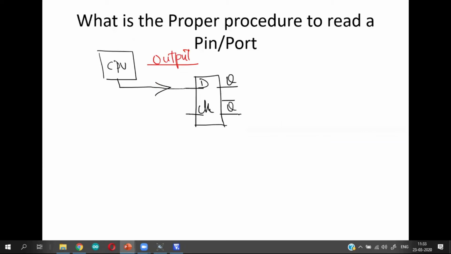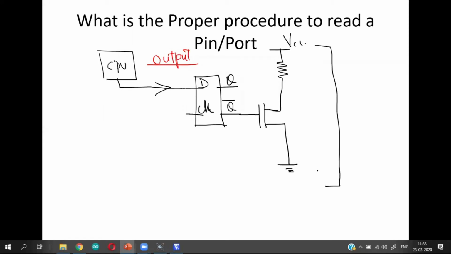From the Q bar output, you are basically driving a MOSFET. This is connected to ground. This is internal. All these things are present inside the microcontroller. From this output, we take the output. This is my pin. The data flows this way.